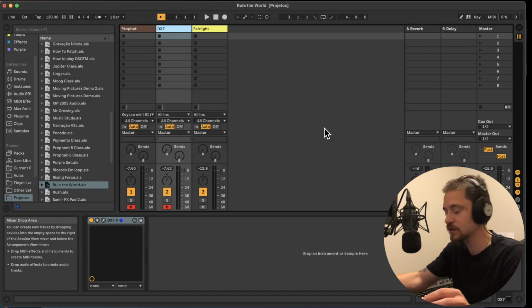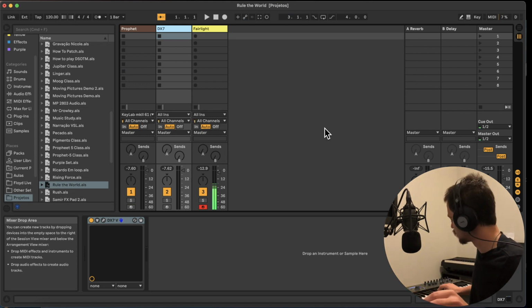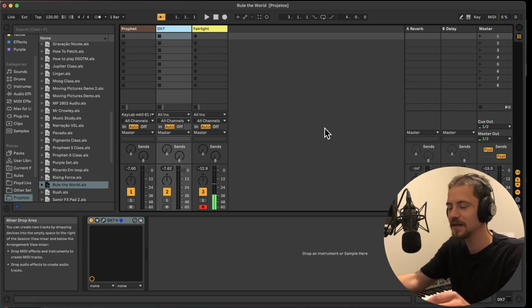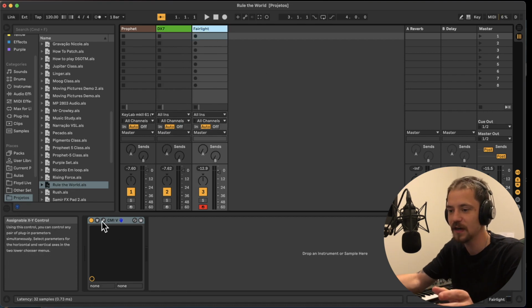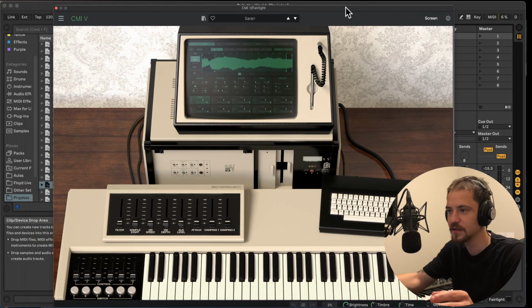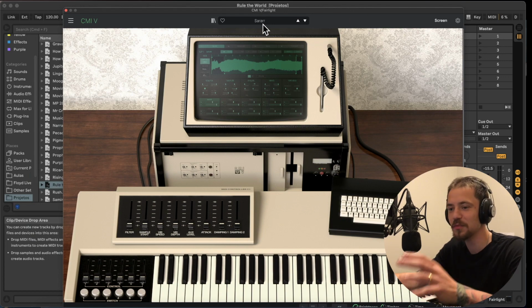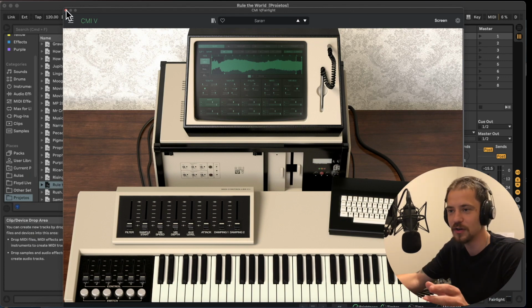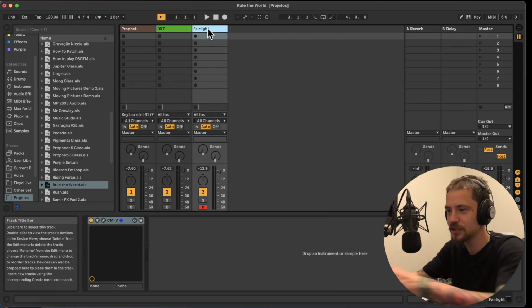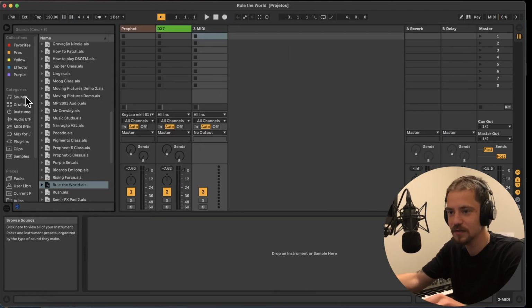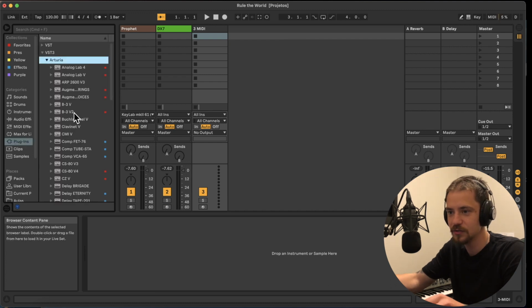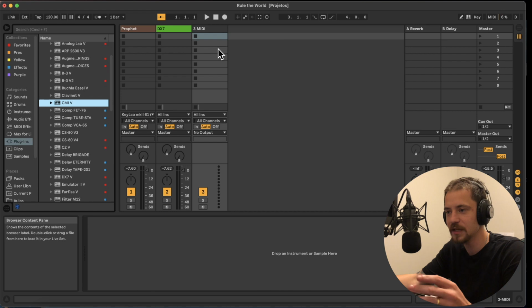Now the last sound is the Fairlight. And you don't need to recreate the sound from scratch because this is a very famous sampled sound from the Fairlight. So this is Arturia's CMI-V, which is the software recreation of the CMI. And this Sararr preset is the first preset that opens up when you open the CMI onto your workstation. So if I were to delete this track, create another one, go into plugins, VST, Arturia, double click the CMI to open,